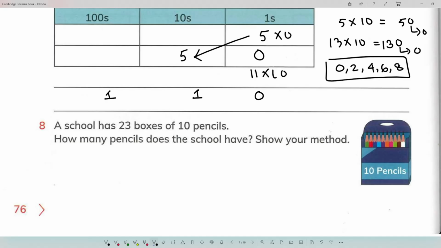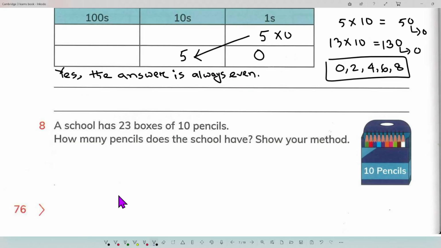First, our answer is yes, always even, right? So we can write like this: yes, the answer is always even, right? Why? Reason: